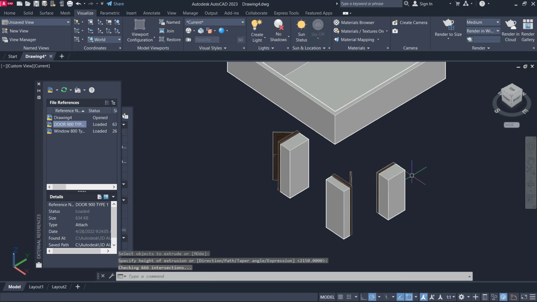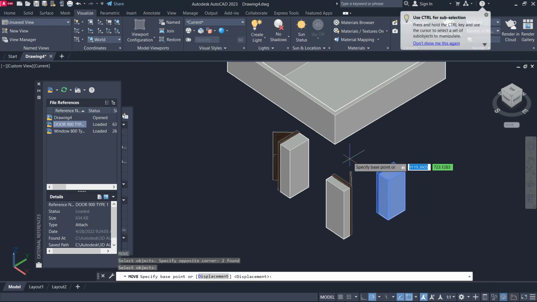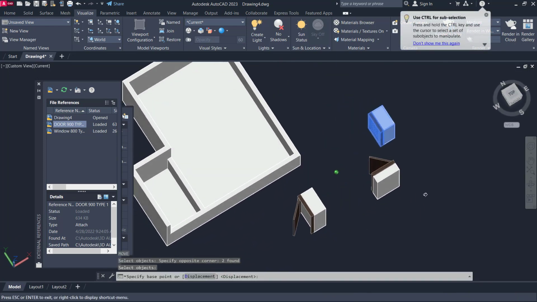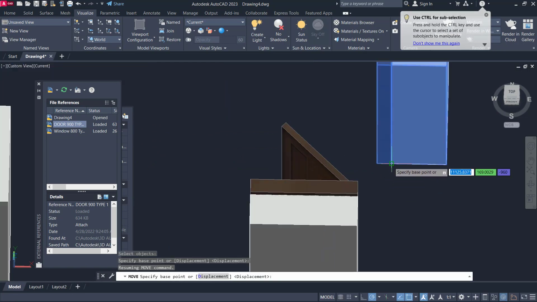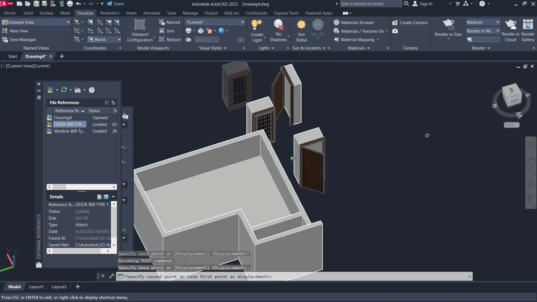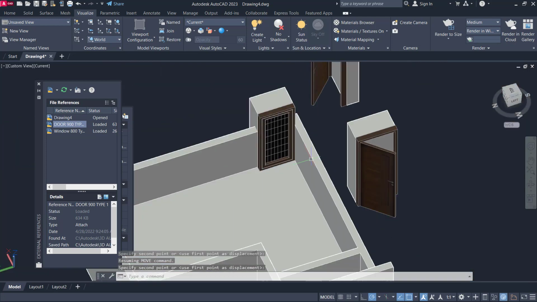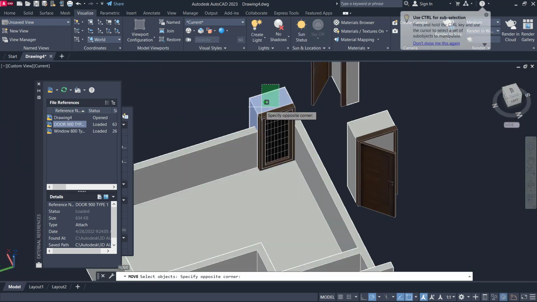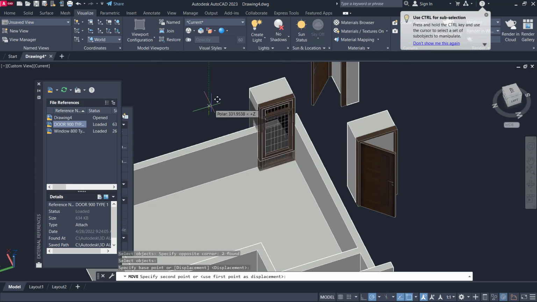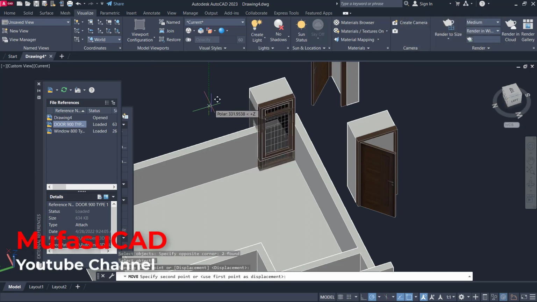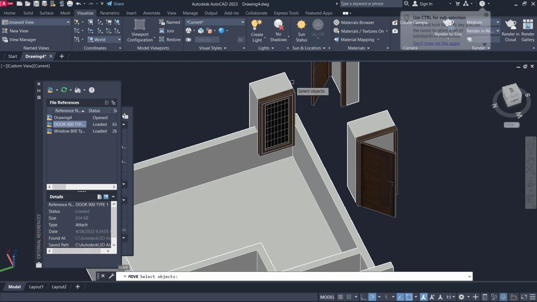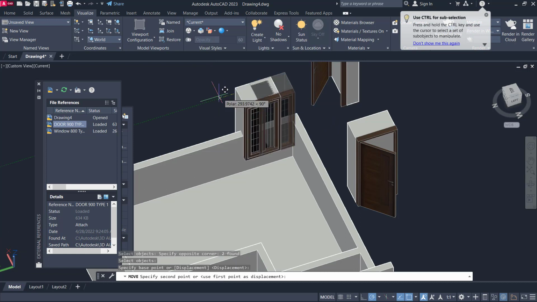We can move this window object, click start from this point, move into the corner point in here, and move this object to the top on the blue axis, set to 500 and move again to the left, set 150.